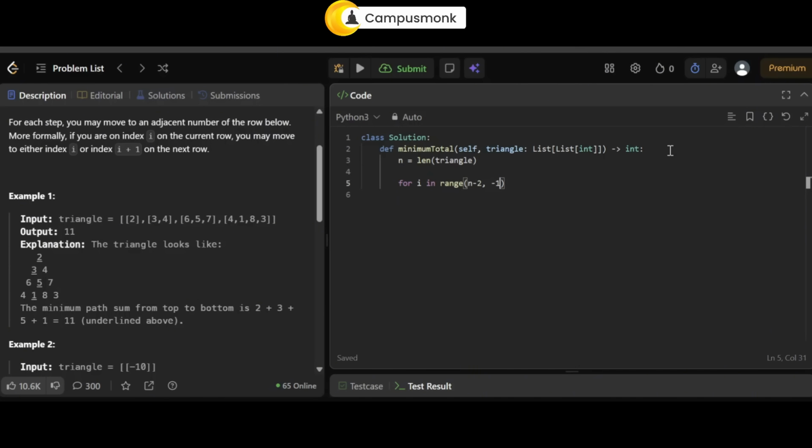Again, it should not be the last line but the second last. That is why n minus 2 and then minus 1, minus 1. Why? Because we are considering the second last row. Okay, not the last row, second last. Now we'll take a variable m. We calculate the length of m as the length of the triangle at i. Okay. Now, whatever the length will be, for that we are going to run a loop. Now, this is a nested loop. Okay. So, for j in range of m,